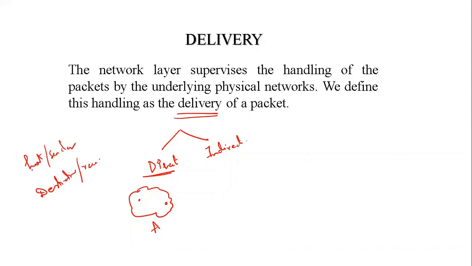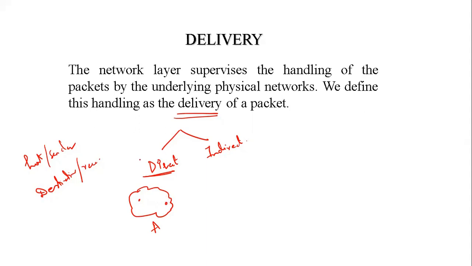Okay, so whenever I'm referring to a host, it means the one who is sending the packet. So basically, in this case, the final destination of the packet is a host connected to the same physical network as the deliverer. Direct delivery occurs when the source and the destination of the packet are located on the same physical network, or when the delivery is between the last router and the destination host.